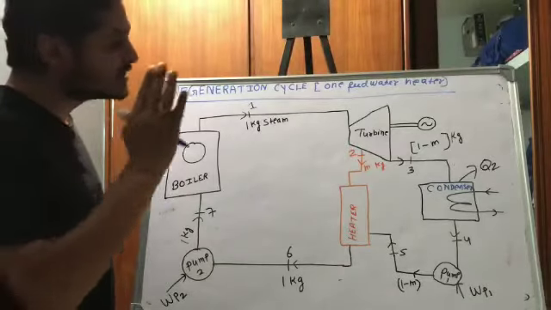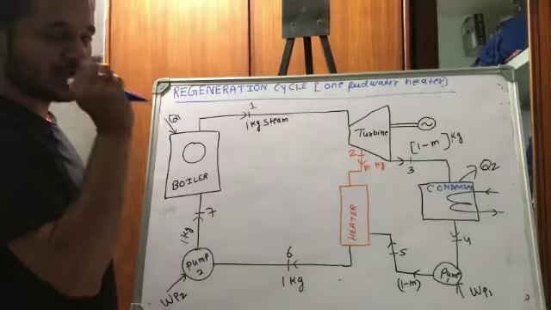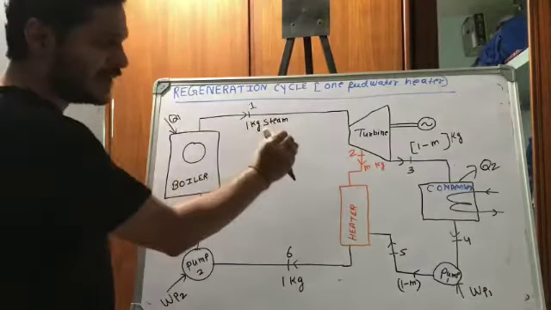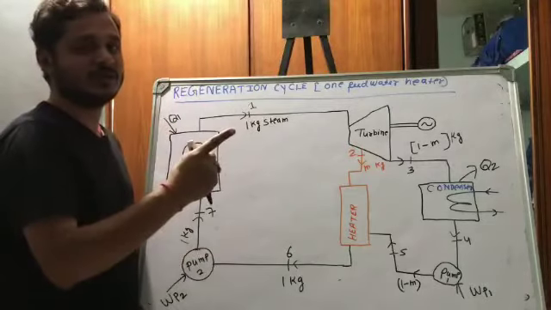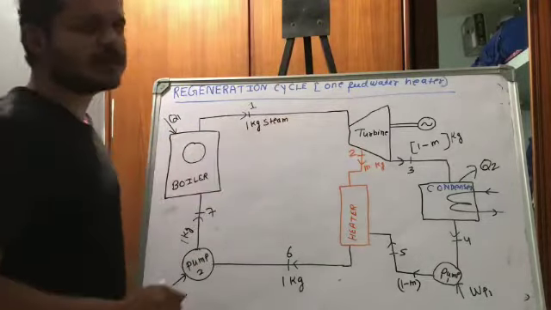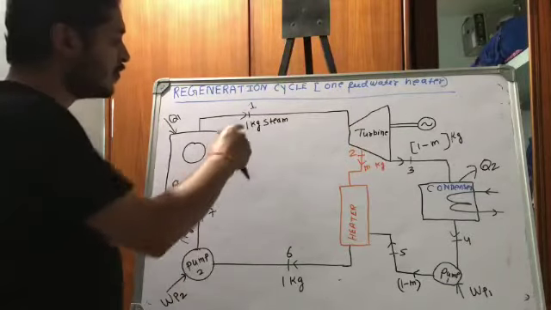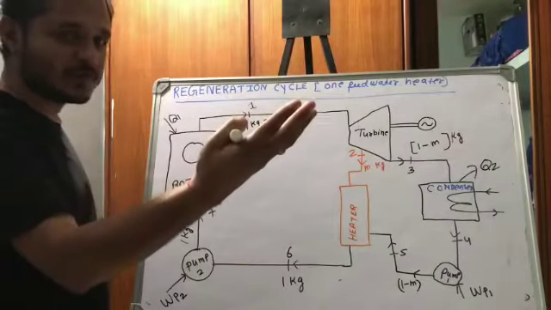So what are we understanding, why we are doing this? What is the purpose? The sole purpose we find here is that the heat input in the boiler is going to decrease. Okay, that is, input is decreasing. What about the output of the turbine? Initially 1 kg of steam was expanding, and we were getting some work output from the turbine.